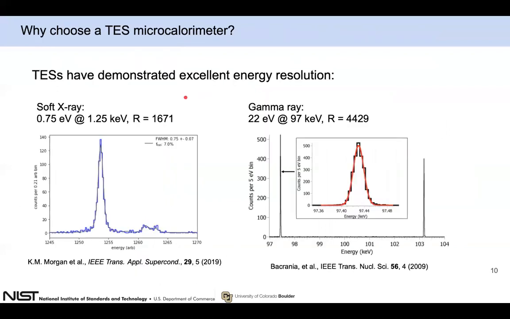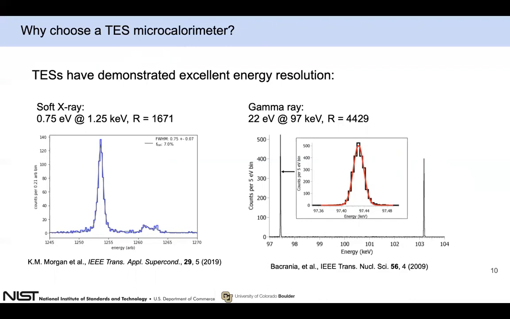So for X-ray science, the TES has two main strengths. First, they've demonstrated excellent energy resolution. The current state-of-the-art in TES resolution is eV scale for X-rays. Recent soft X-ray pixels have demonstrated resolutions better than 1 eV at a keV. For gamma rays, resolutions of a few tens of eV are possible, all the way up to 100 keV. So here I've just shown some examples of NIST-based results to date, and of course, we're always working on improving